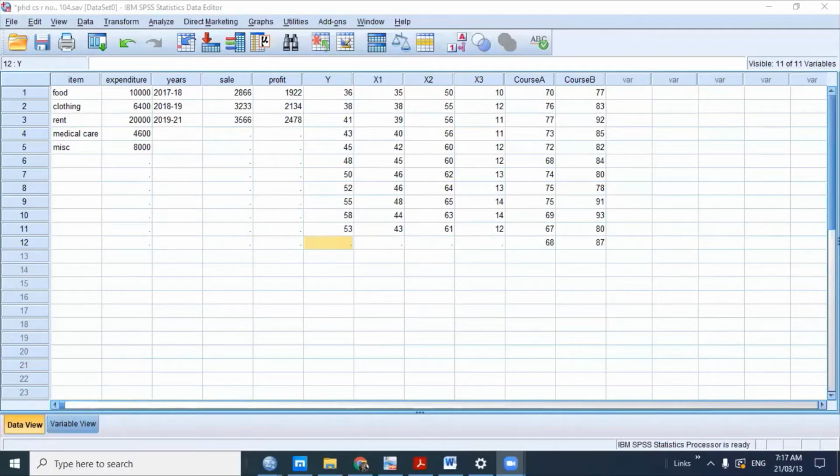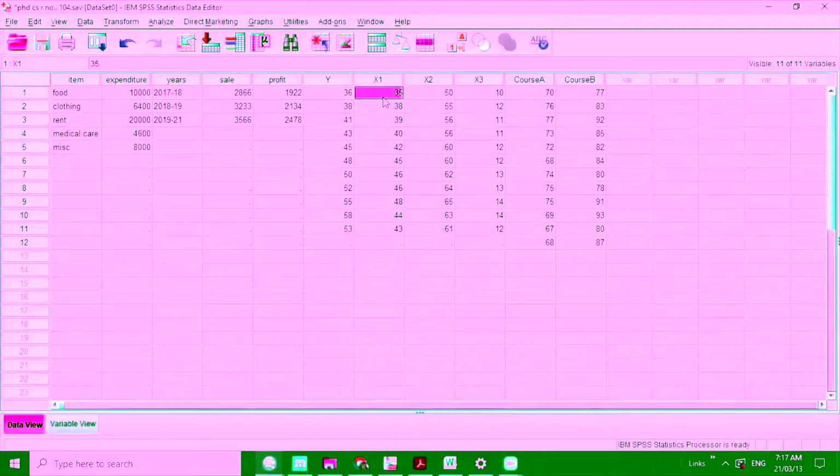In this lecture, we are going to learn how to find correlation between any one or two variables. So here is a data set where y represents the yield or production of an agriculture product, which depends on three items, x1, x2, and x3. What are x1, x2, and x3?